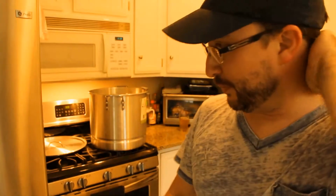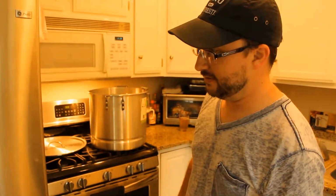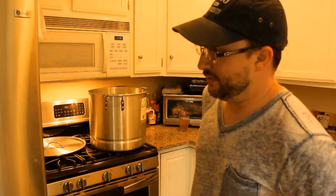Okay, guys, so it's brew day. We're gonna brew a batch of beer, and my brother right now is filling up the pot, and we're gonna have 5 gallons of water. So he's got this handy dandy Pyrex